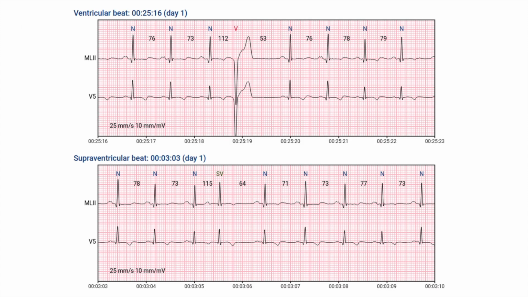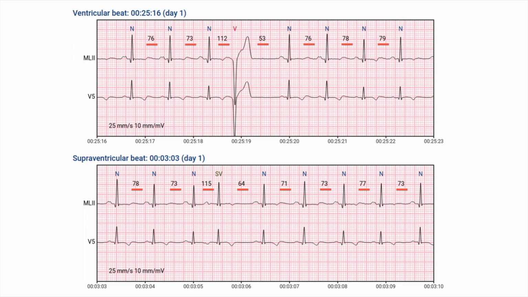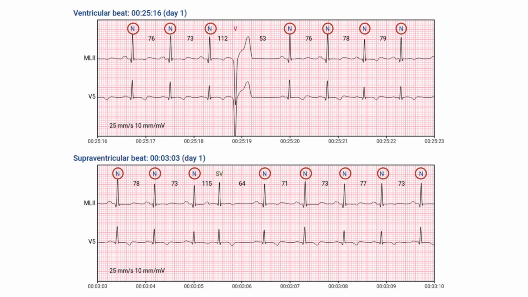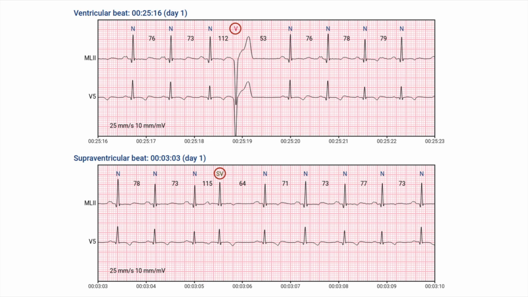To generate such a report, the algorithm detects the position of each heartbeat in the signal. From this, the heart rate, i.e., the number of beats per minute, is calculated. This heart rate is recorded in specific numbers between beats. Additionally, the algorithm assigns an appropriate class to each heartbeat. In a healthy person, the vast majority of normal beats are marked with the letter N. The letters V and SV, in turn, refer to ectopic beats, which are abnormal findings. Though abnormal, these can also be found in small amounts in healthy individuals.